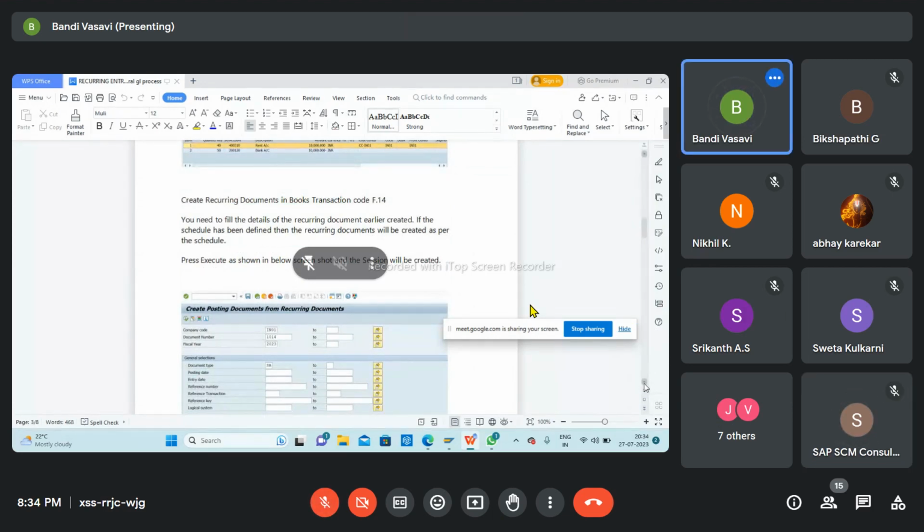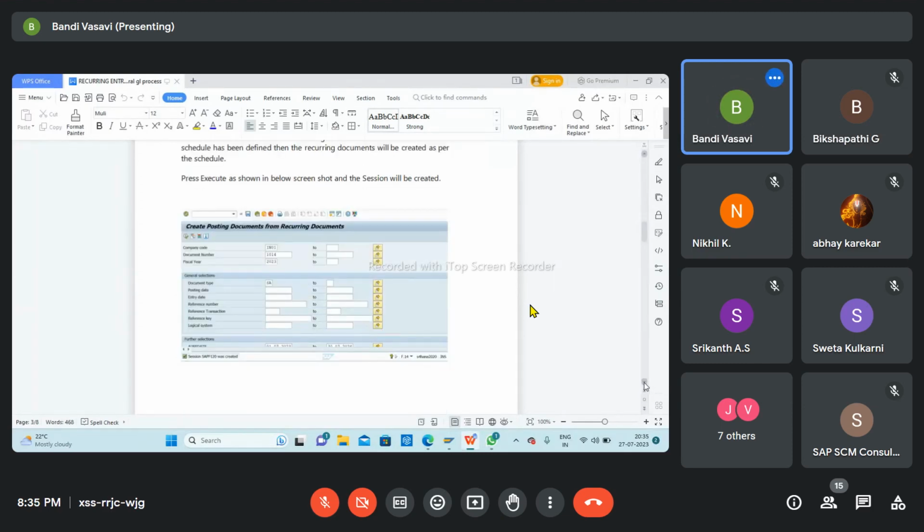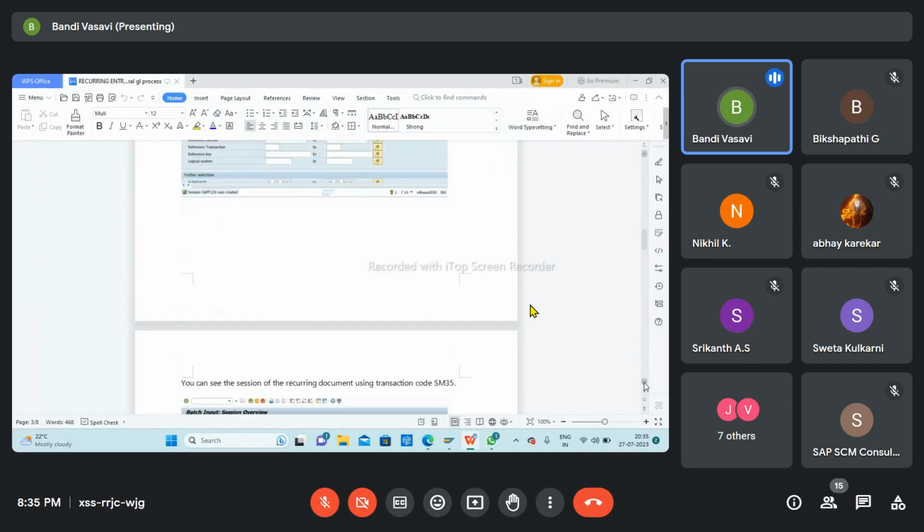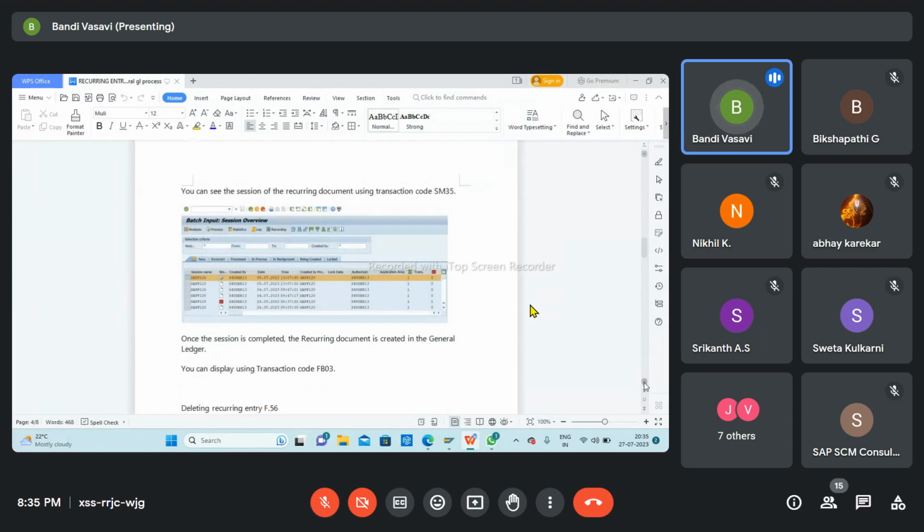Yes, sir. Okay. So creating a recurring document in books is in F.14. So we need to fill in the details of the recurring document. So we have to schedule a session here. By giving the company code and all, we have to create a session. So after creating the session in SM35, we can see